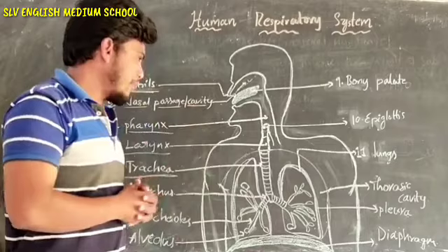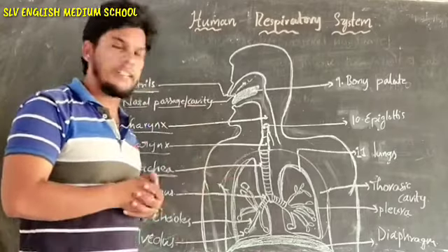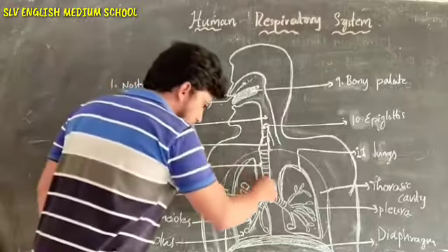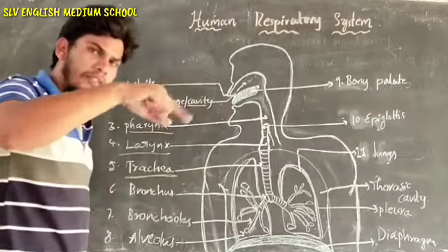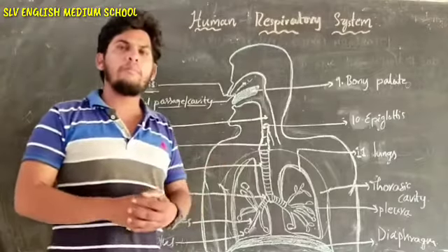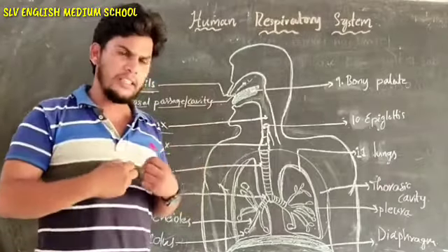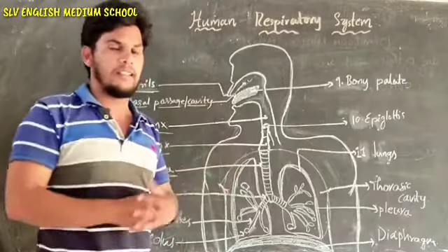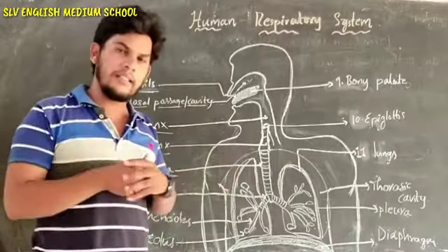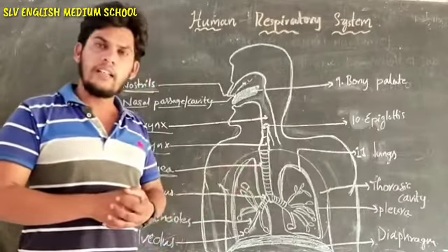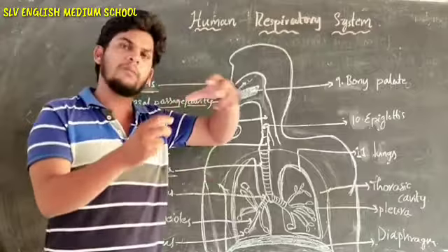This cartilage is also present in the respiratory tract, mainly in the trachea. The trachea is made up of rings of cartilage. They are resistant to the pressure of the air. When we breathe in, air comes into the lungs with a certain pressure. To resist that pressure, they are made up of rings of cartilage for flexibility.